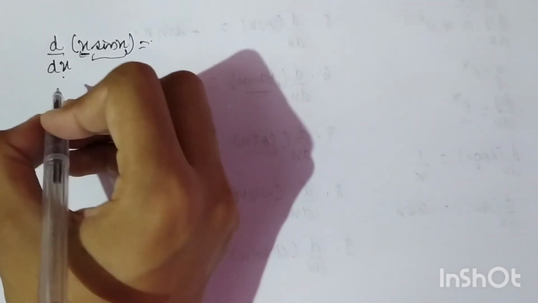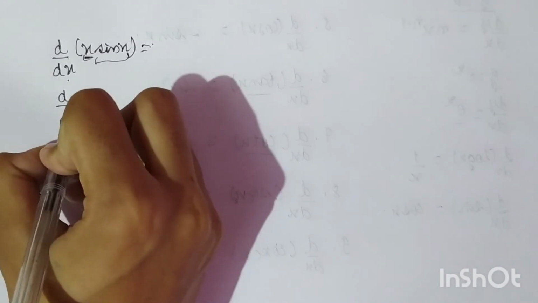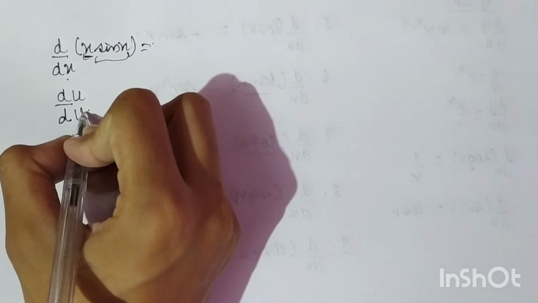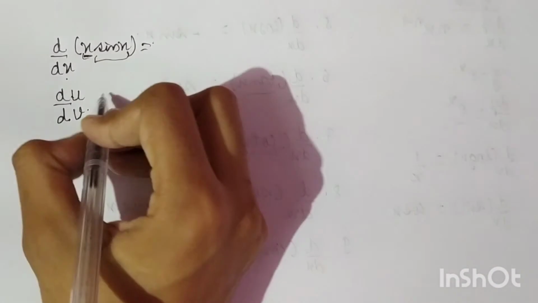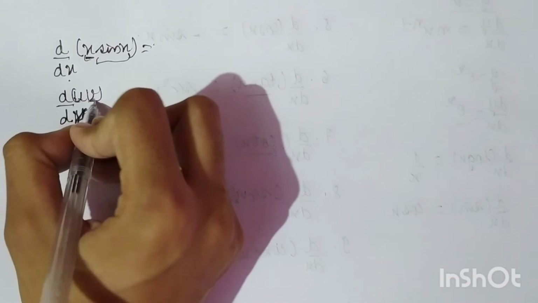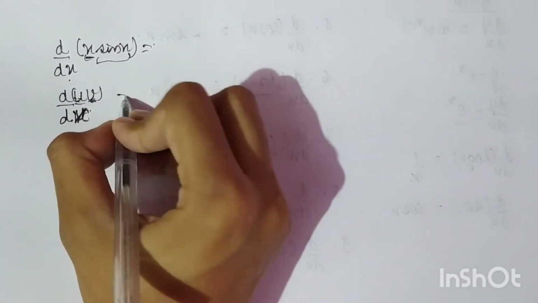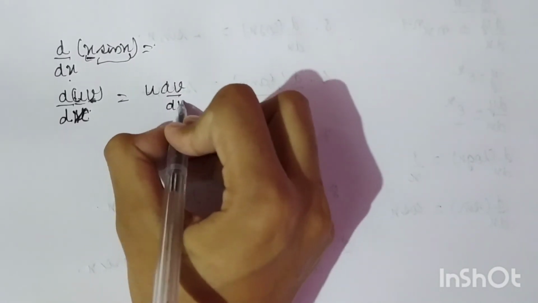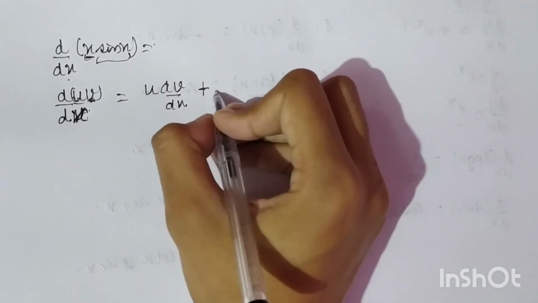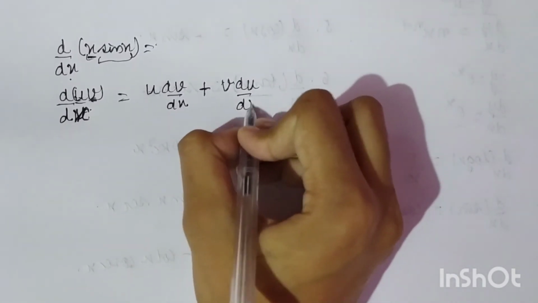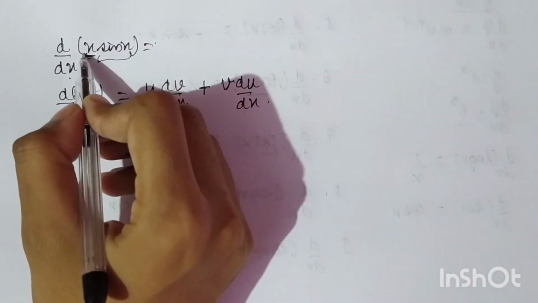For this we have a rule, which is d by dx of u into v, where this is the first function and this is the second function. These both, u and v, are functions of x. So how will we find it? First of all, we will put the first function outside and differentiate the second function, and we will add what we do next: we will put the second function outside and differentiate the first function. Okay, the same thing we have to do here,